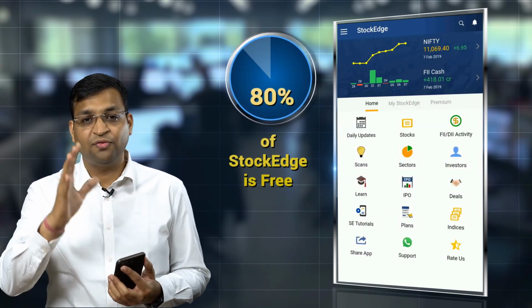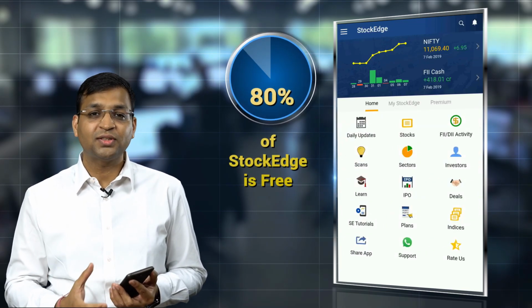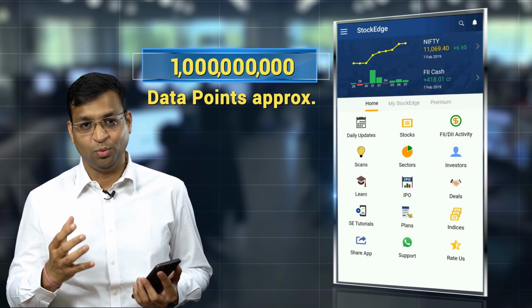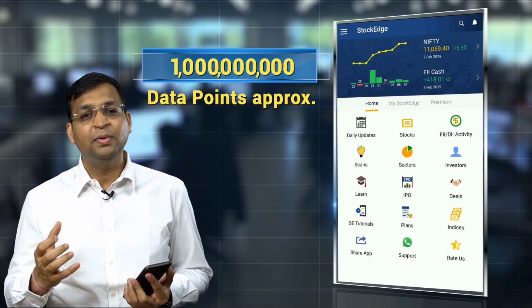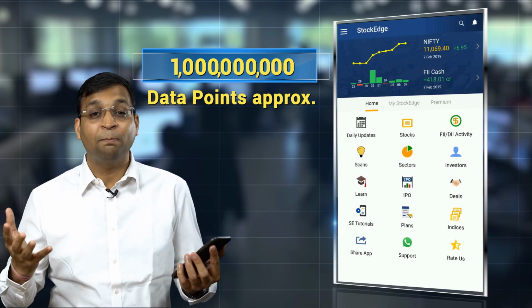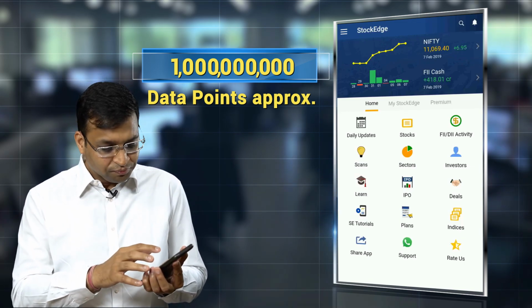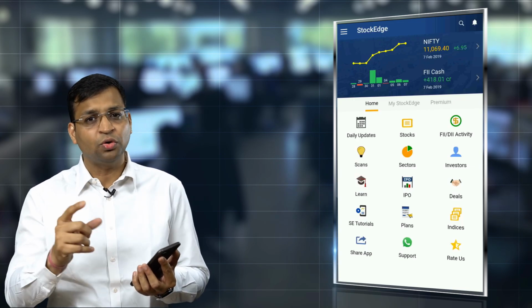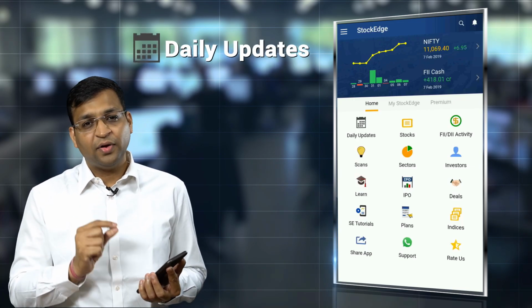80% of Stockage is free, and we process almost 1 billion data points to come out with an output for you. Just imagine a 12 MB app giving you immediate output by processing 1 billion data points. That's incredible. The sections which are very relevant for you, you should look at is daily update, where we are